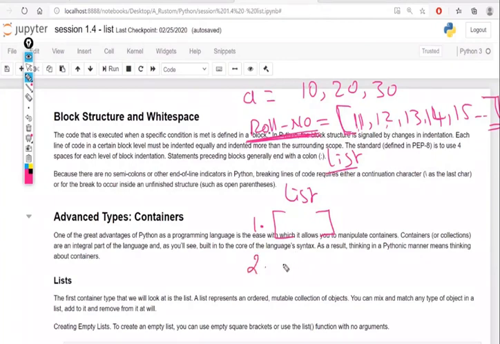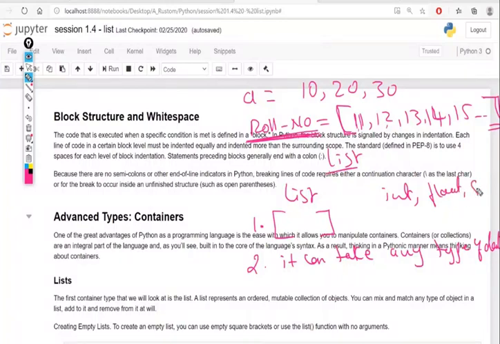The second property is that it can take any type of data, be it integer, float, or string. The third property is that it is editable.